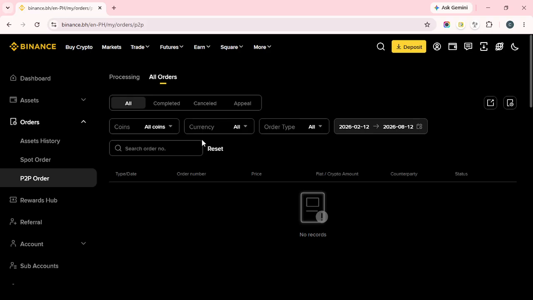Finally, lock the futures order history panel into place. This ensures it stays anchored in your primary workspace and won't shift around accidentally while you're using the platform. After it's locked, your layout will be more streamlined and your order history will be much easier to monitor in real time. That's it. You've successfully added and locked